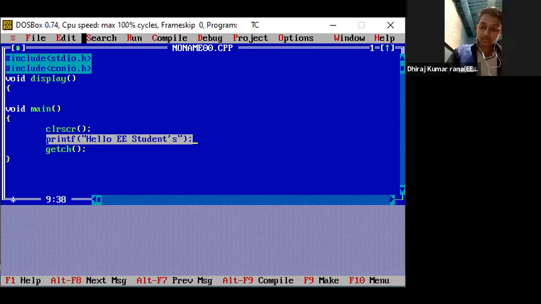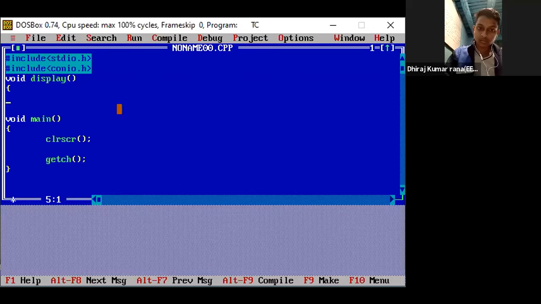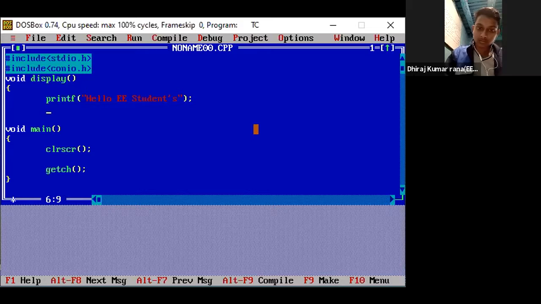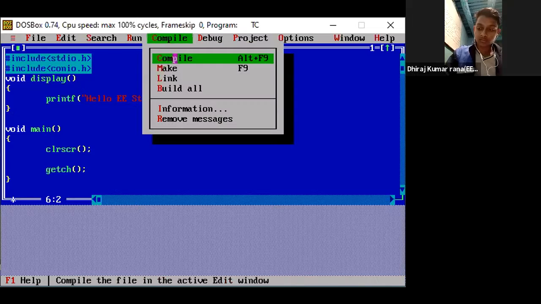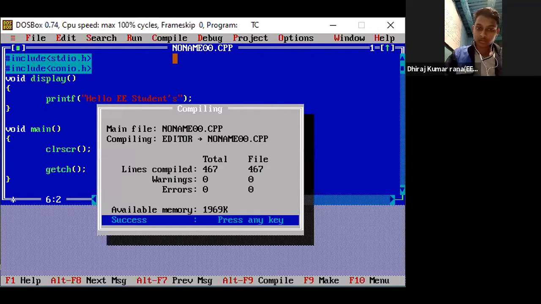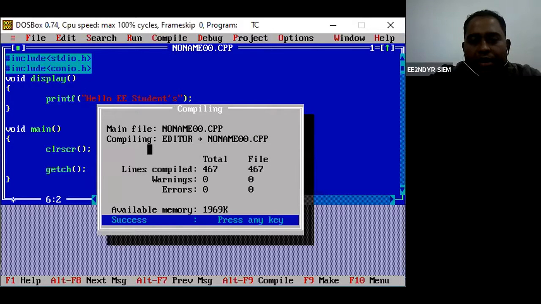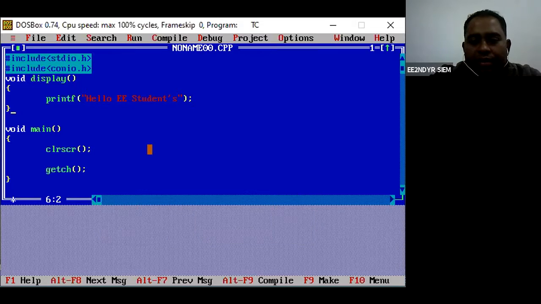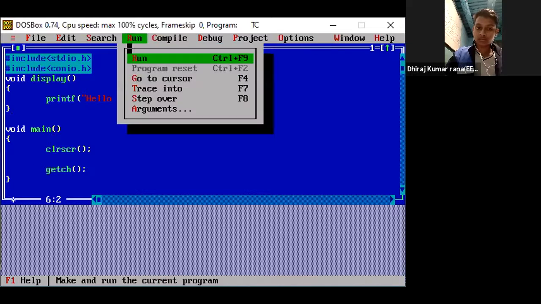I'll just cut it from here and paste it over here. Now I'll compile it. There is no error, but it doesn't mean the program will get executed. The reason is I haven't called this method. I have declared this method, but I have never called it inside main. So just see the output.